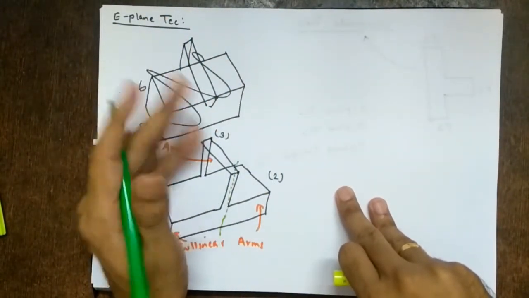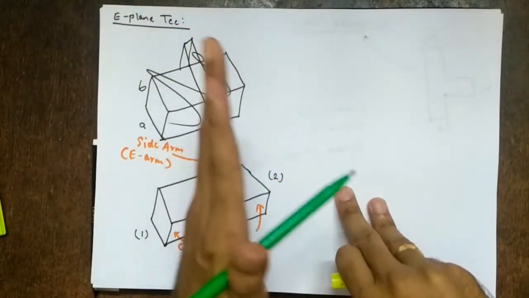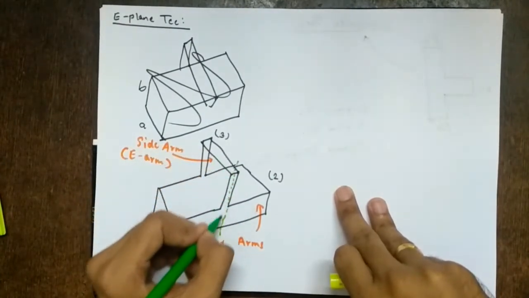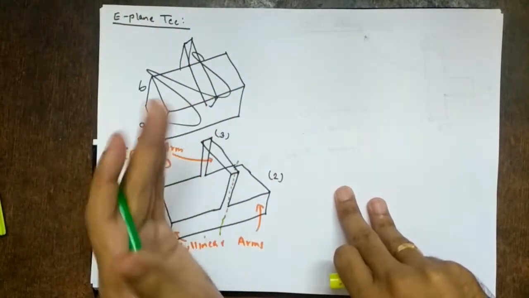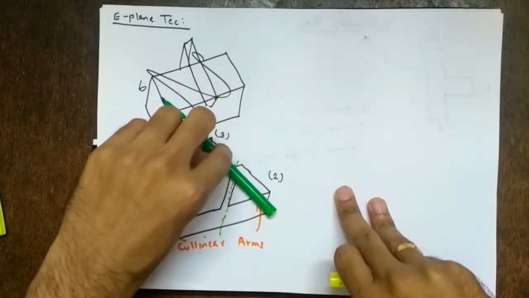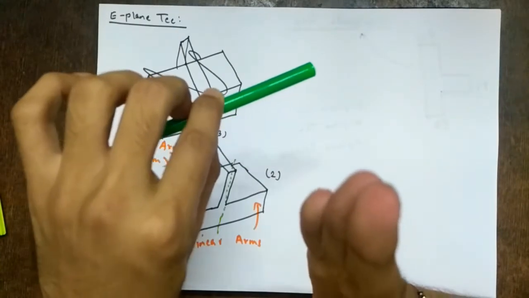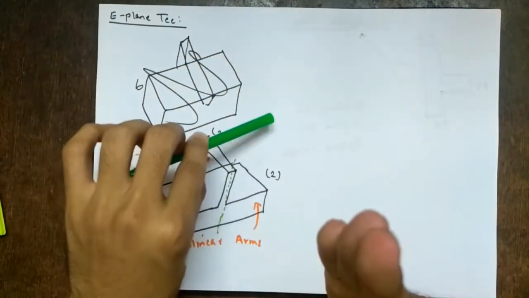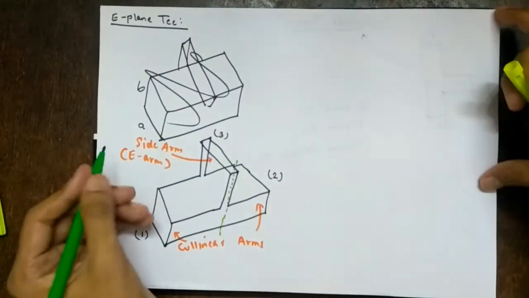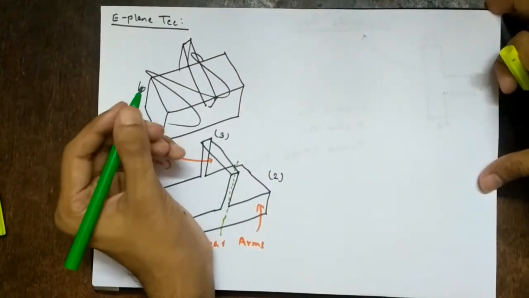So why is it called E plane T? An E plane T is a waveguide T in which the axis of its side arm is parallel to the E field of the main guide. So the axis of this side arm, that is this green pen, is parallel to the electric field which is made incident from here. This will be the incident field, right? It will be in this direction, and this is the symmetry. So an electric field will be propagating downwards, so it is parallel to the direction of the side arm. This is nothing but the E plane T.